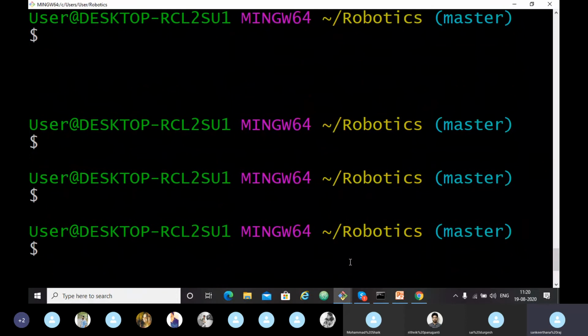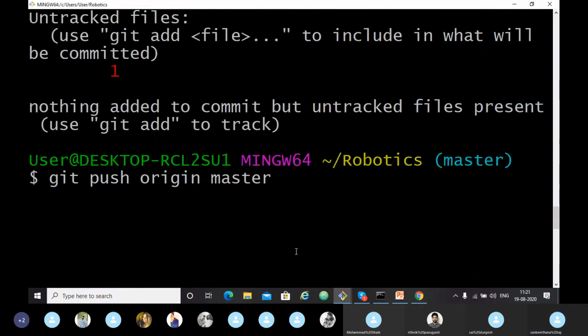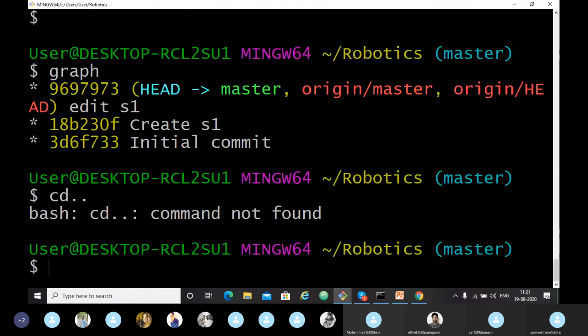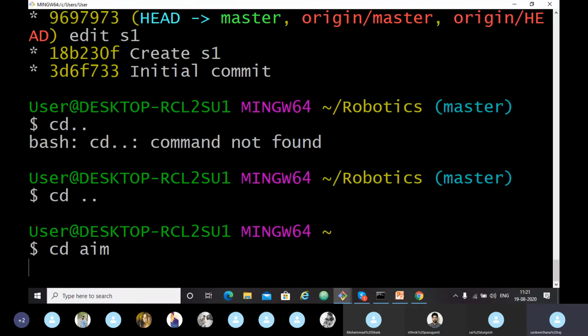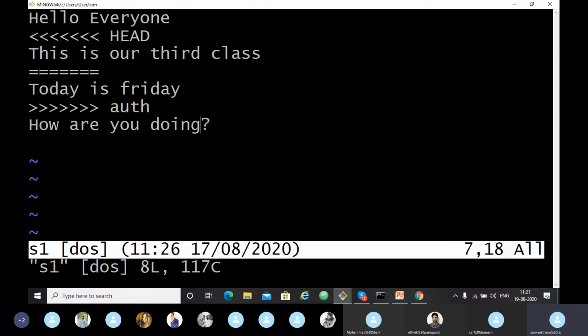If you want to see it in another repository, just cd aim. We have a repository, cd aim. Let's open the file in it. I have a new file.